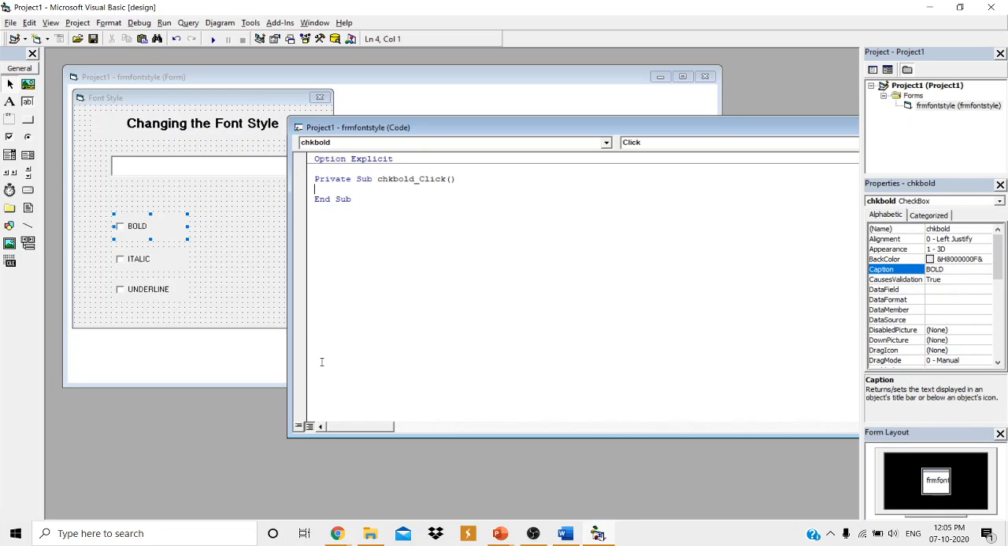So just observe here, txt1 dot. What is the name of the text box? txt1. txt1 dot, there are different properties here. We have font, font bold, font italic, font strikethrough, font underline. Among these, which property do I have to change? Font bold. So txt1 dot font bold equal to